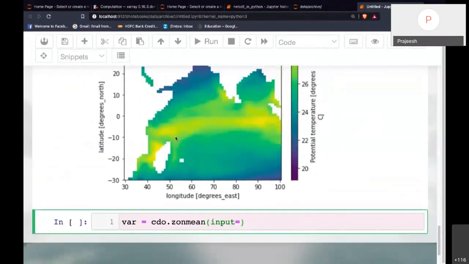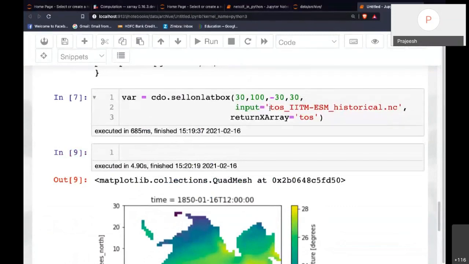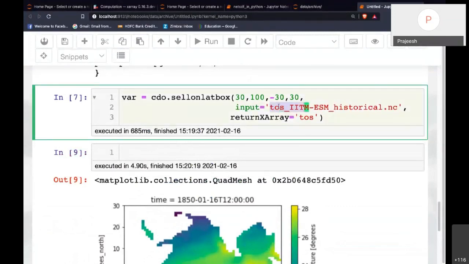You give it as a string, like you usually do in CDO: 32 to 100, and then minus 30 to 30, and then your file name, which is this.